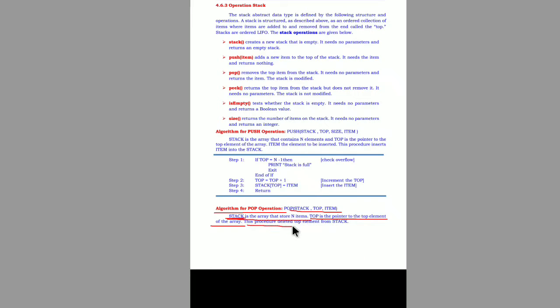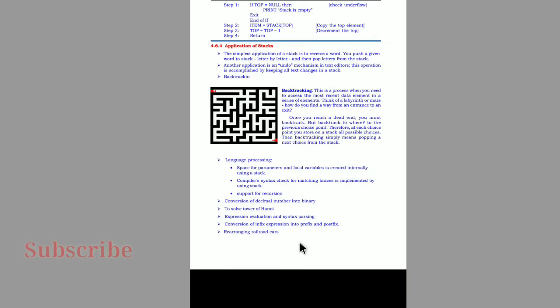And this procedure deletes an element from the stack. So the procedure or algorithm that we are going to discuss will delete the top element from the stack. Let us see step number one. While you are deleting an element from the stack, we can delete only from one end, the top end, that we know. In the basic definition of the stack we have discussed that insertion and deletion can be done from only one end called the top end.